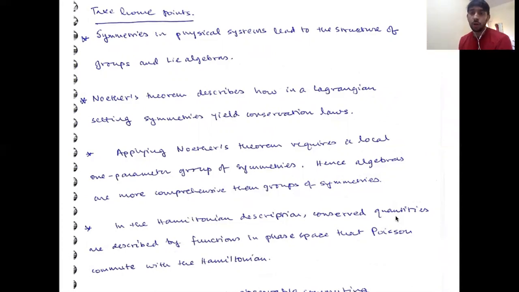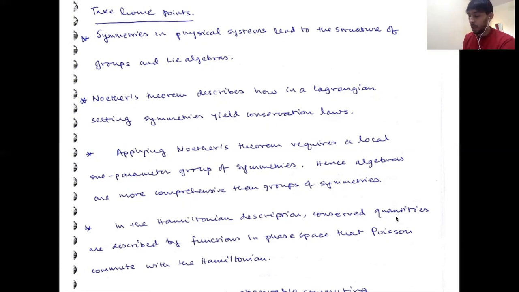Interestingly enough, applying Noether's theorem doesn't require the whole group structure. It just requires you to look at the local one-parameter group of symmetries. Hence, it's not really the group that is so important. It's more the infinitesimal version of symmetries around the identity, which is going to be called the algebra. The take-home message from here is that as we go forward, we will learn that algebras will be of more importance than groups in these particular ways that we want to build up fundamental